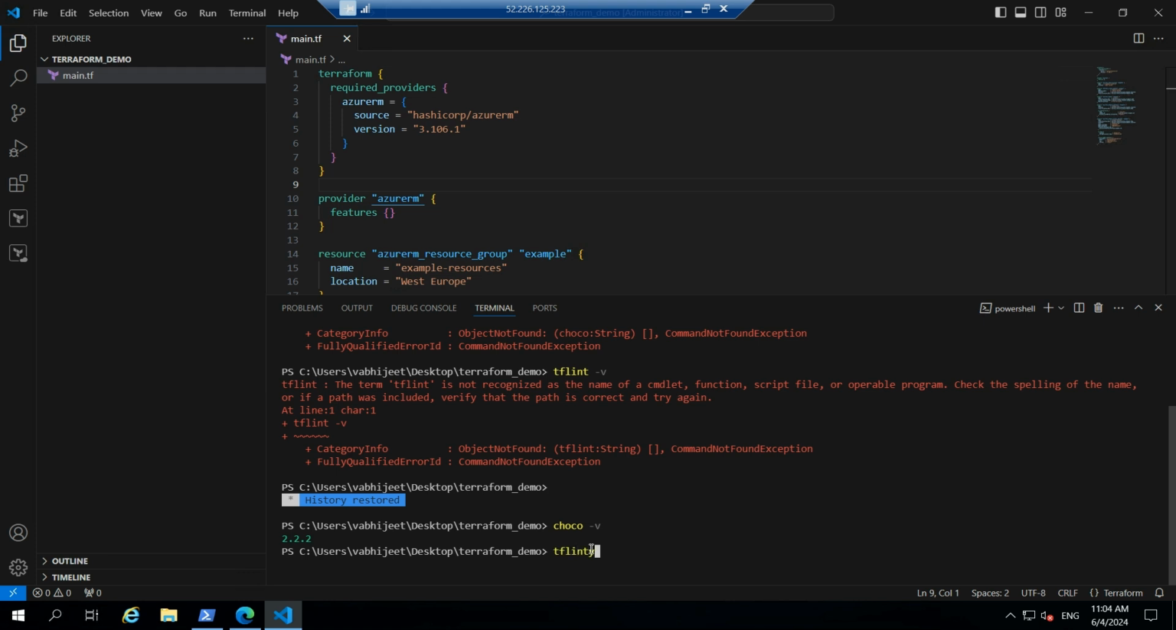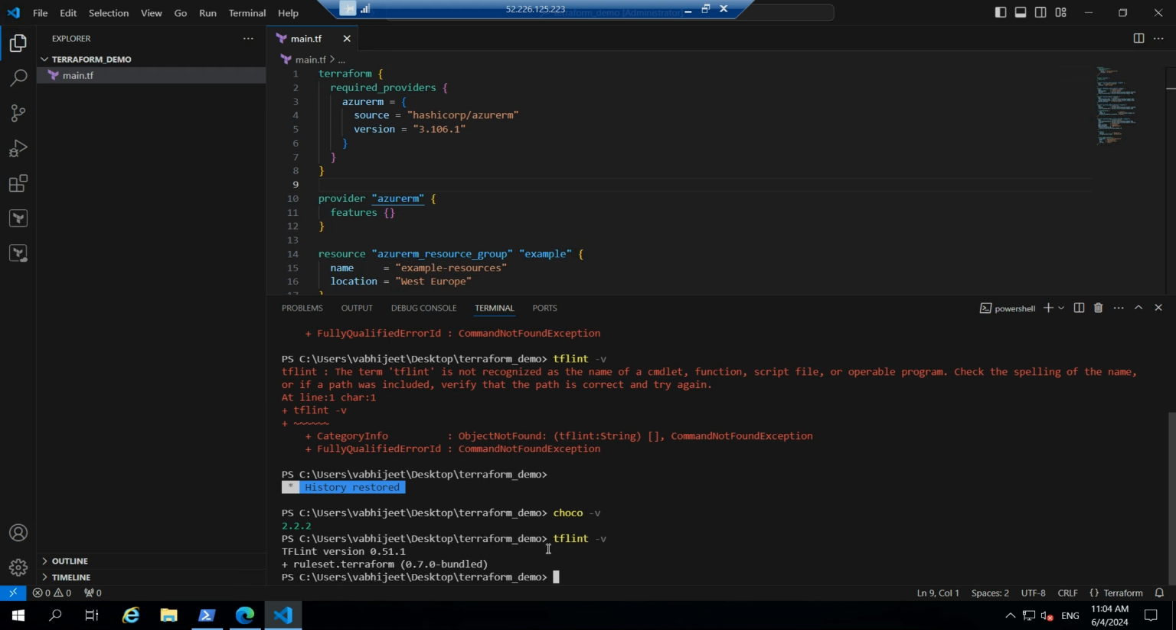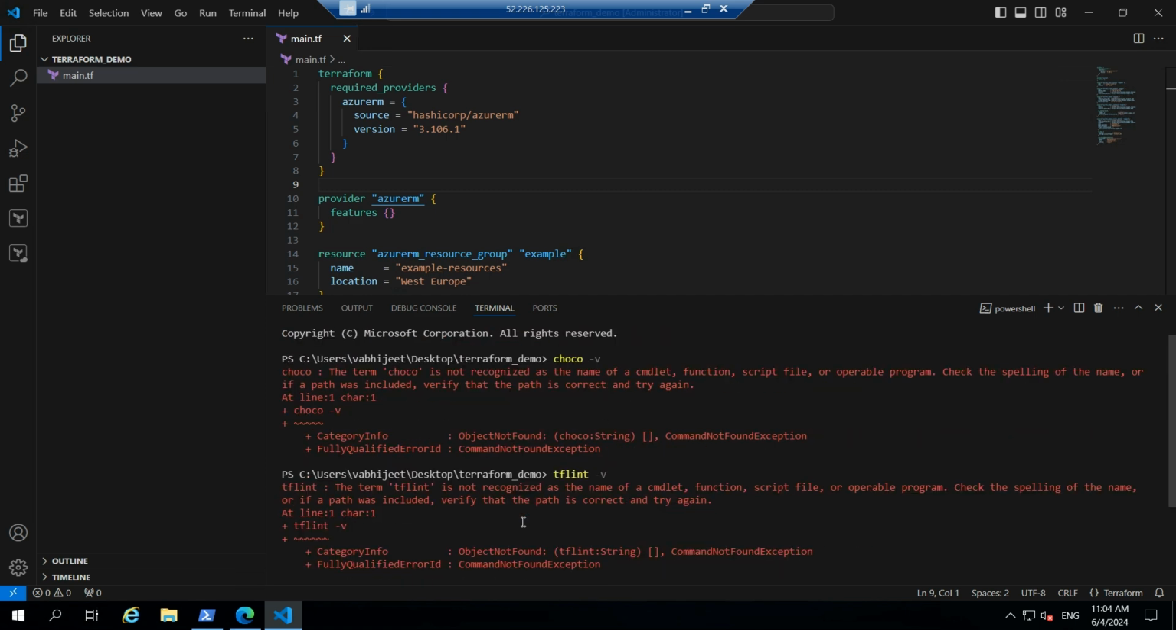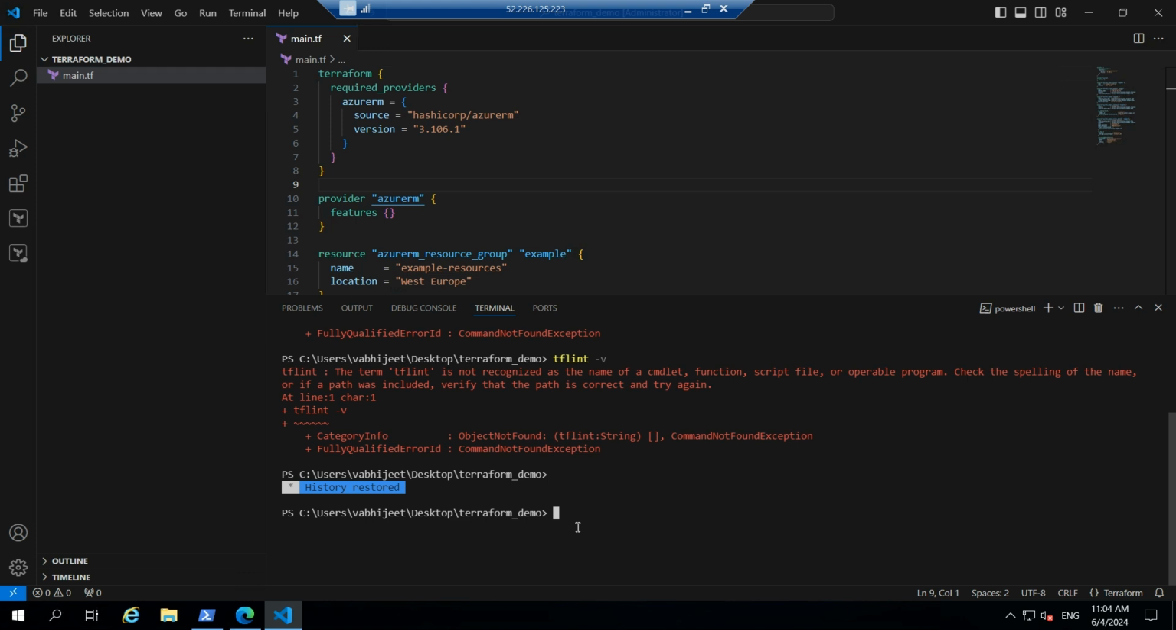Now check for TFLint as well. Yeah, so both the packages are already installed. Now I'll type clear. I think there's some issue. Anyway,